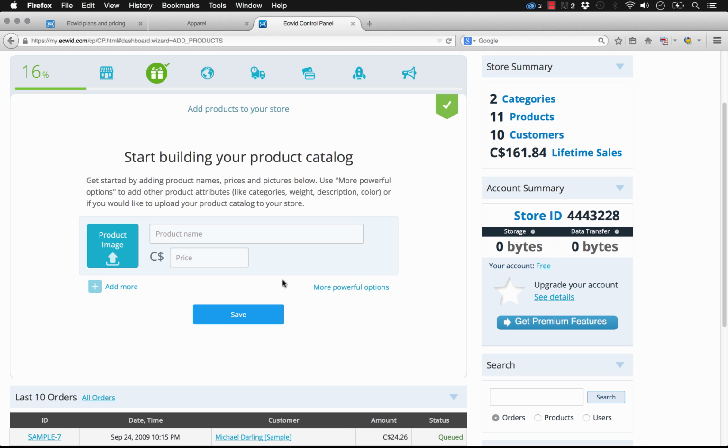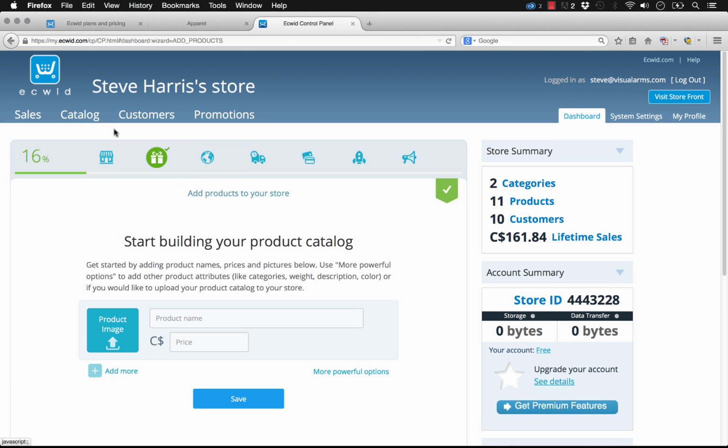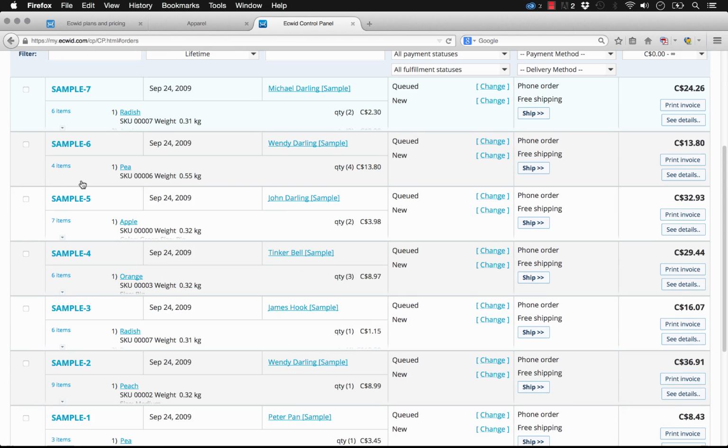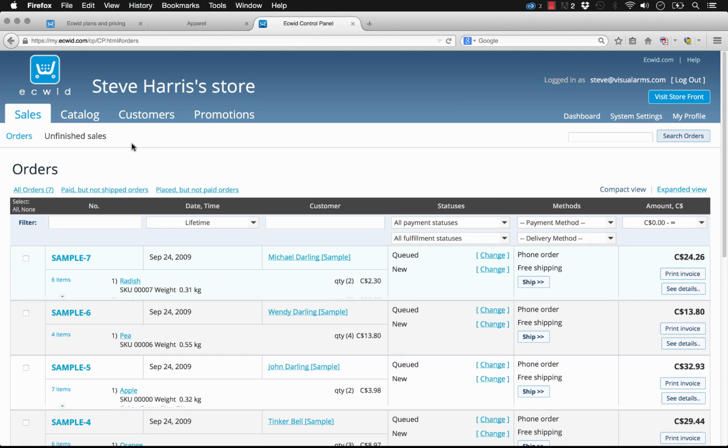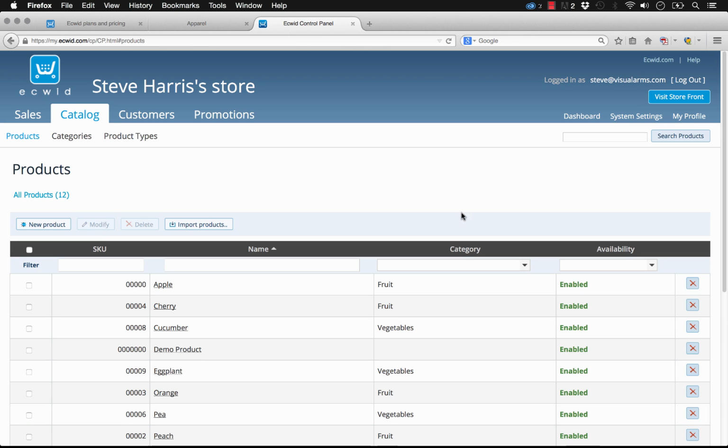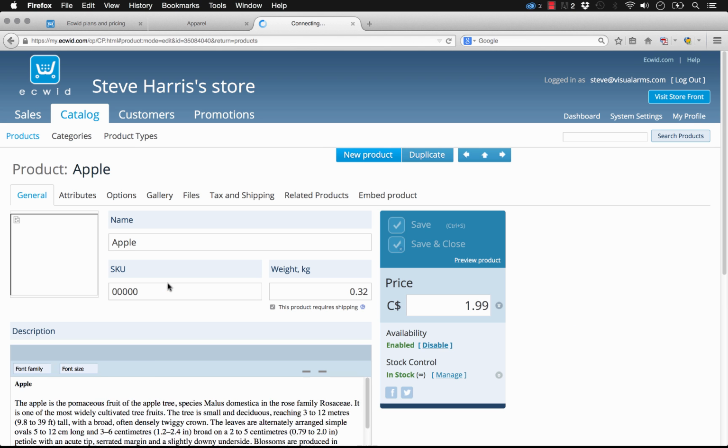Then we could go and add more powerful options to that. We can verify and change a whole bunch of settings here. We've got, of course, a sales tracking page that shows all the sales we've had. We've got a catalogs page where we can view all of our products. We can modify them. So this product, for example, Apple, if we click on it,